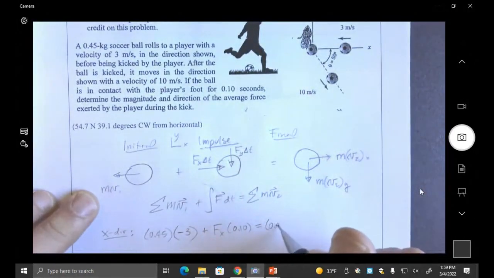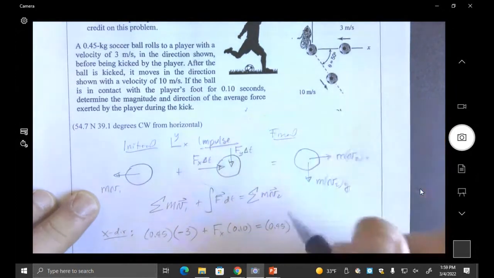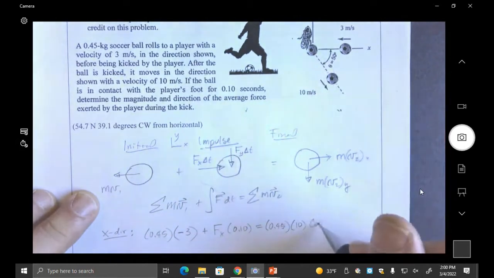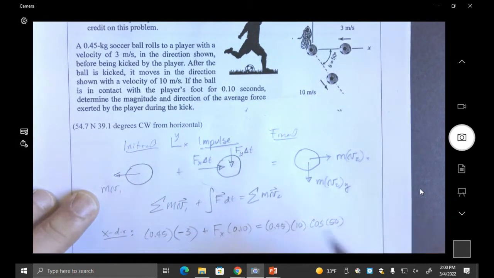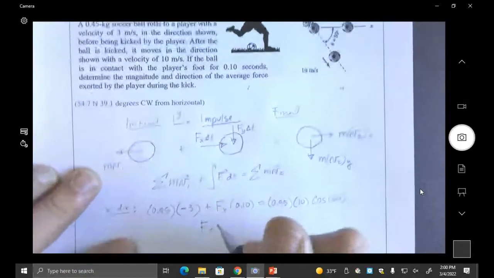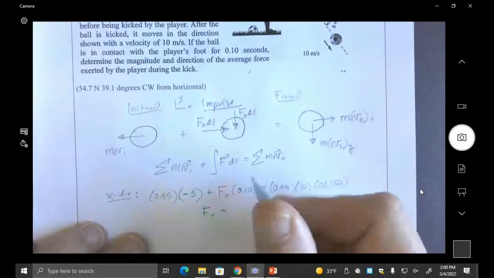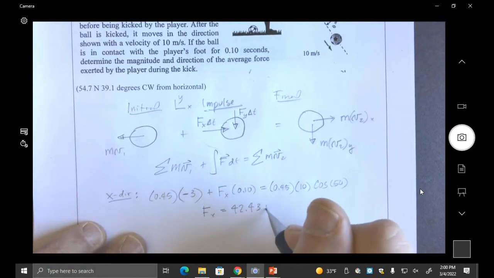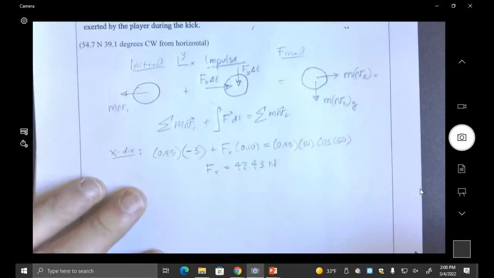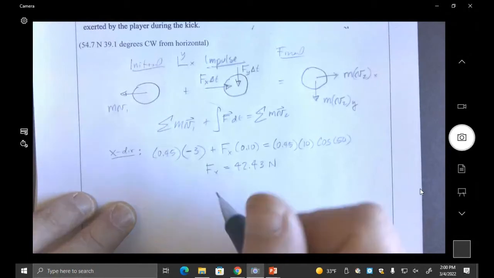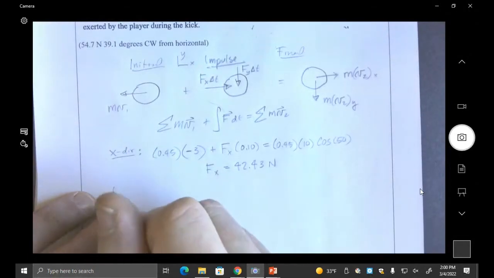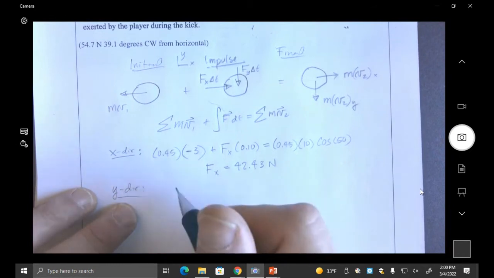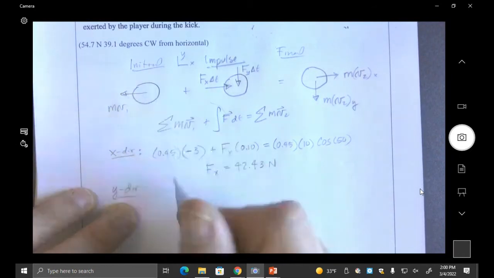So 0.45, and so this is going to be 10 times the cosine of 50. So Fx, I'm going to trust her, she would never let me down. So 42.43 newtons. In the y direction, I always think wider. It's wider and wider. 0